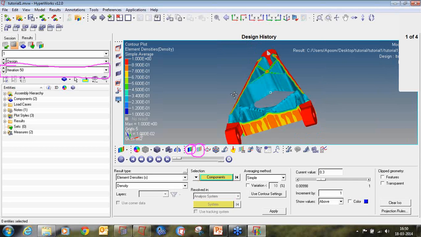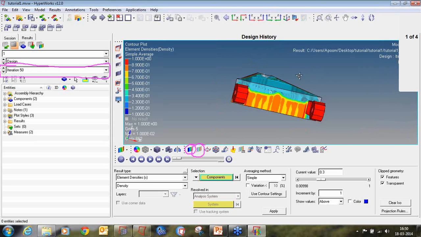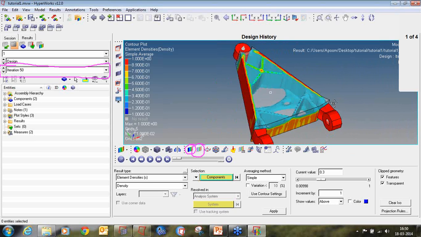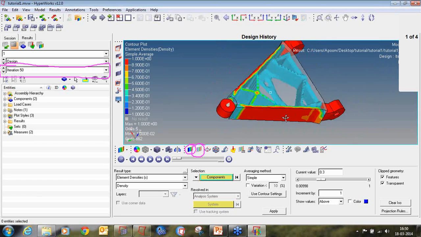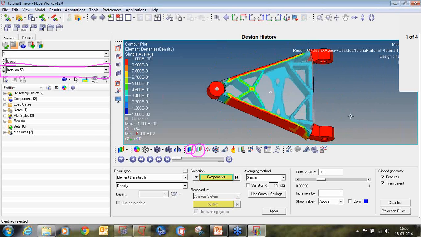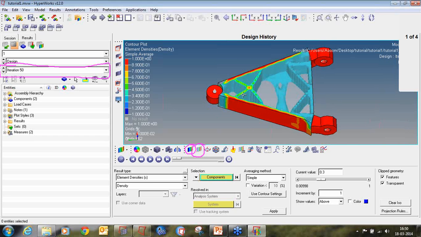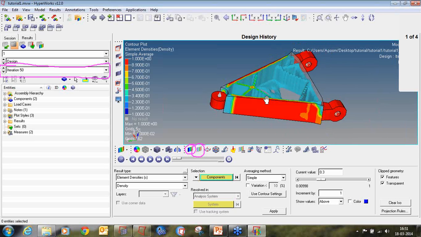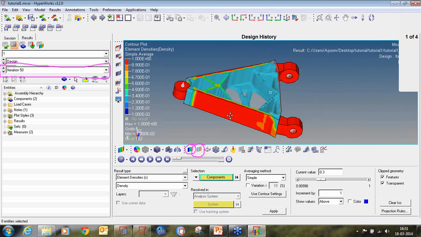You can see, if I check the box on features and transparency, this much amount of material has been removed. If you want to see how the model will look after removing the material, you can see this also in Hyperview. So my component will look like this if I scoop out the material from here, and it will sustain my constraint, that is the displacement on the subcases of 0.5, 0.2 and 0.4. That will also get sustained. So with this much material removed, this design will sustain the manufacturing constraints.